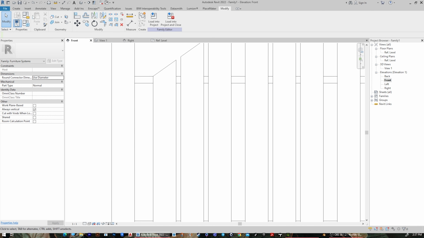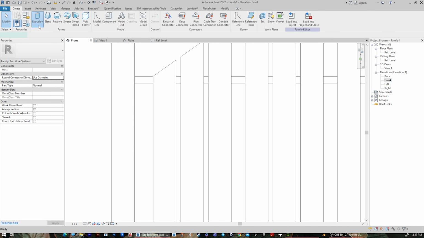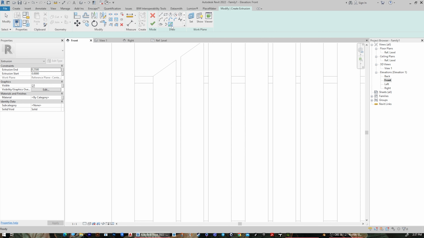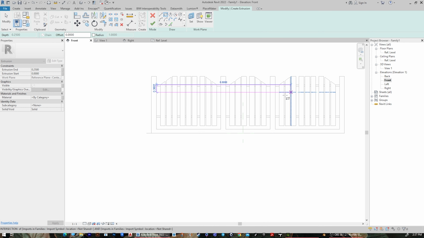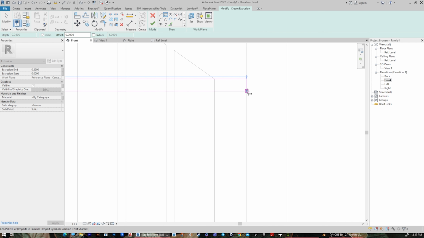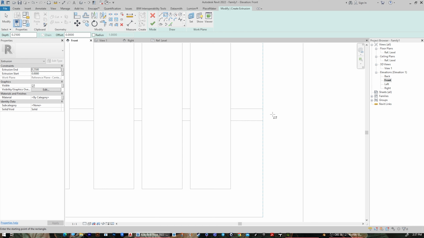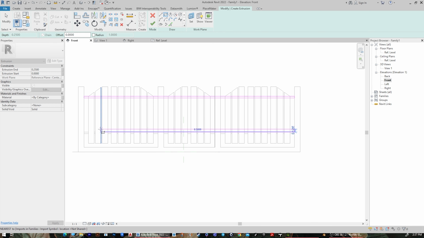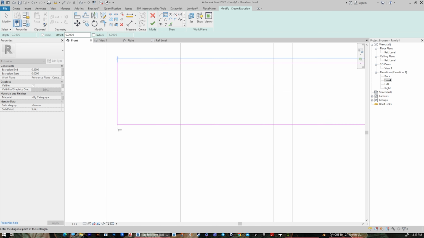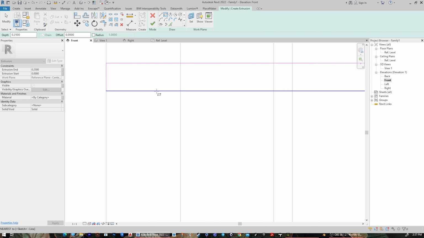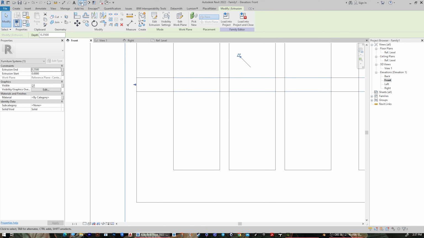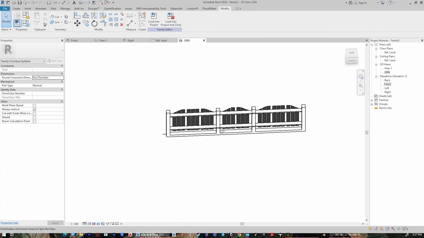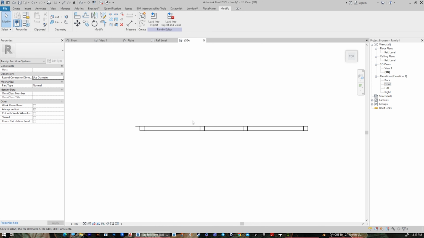Let's create this one, go to create, extrusion, pick line, or let's make it a rectangle from here to here. Also this one the same. Then press finish. Go to 3D, top,